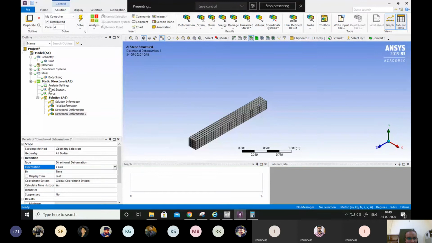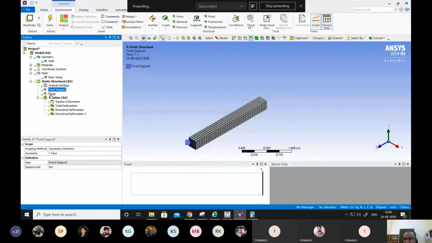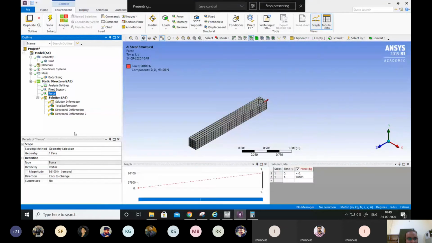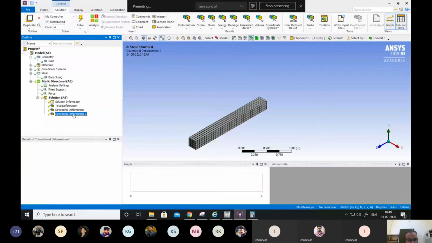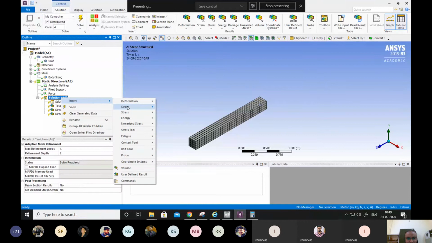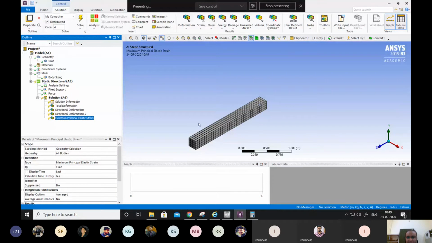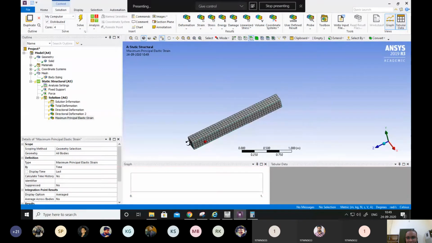Let's see which kind of support we have. Yeah, the fixed support is here, the force is there. So we are applying the force in the z direction. So in place of the y direction, we want deformation in the z direction. So let's put z here. That's it. And we want a strain as well, so let's put a strain requirement. Equivalent strain will do for us, or maximum principal strain will also do. That also works, and the location we can see by maximum principal strain. So that's the whole procedure for the setup.